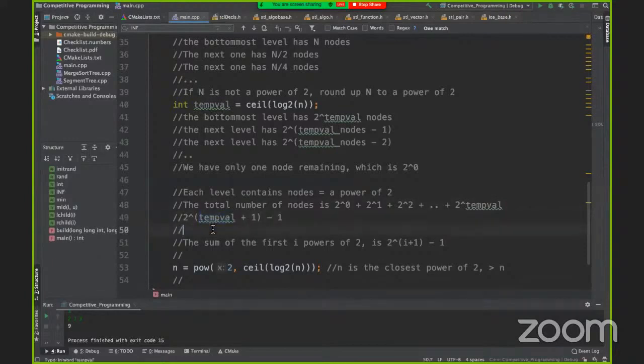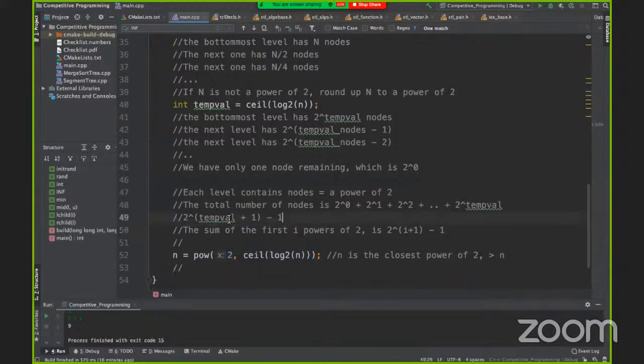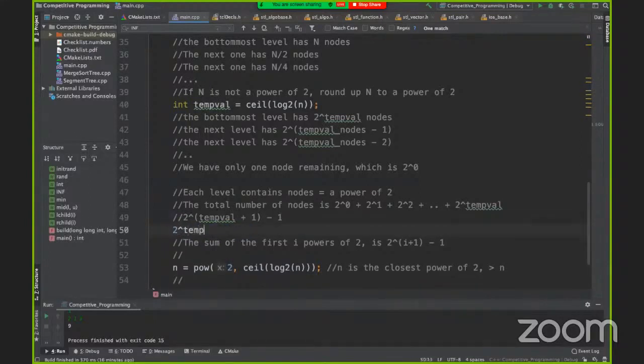So let's look at how big temp val can be compared to n. Sorry, n is always less than 2 to the power temp val. Let me just rewrite this. The total can be written as 2 to the power temp val multiplied by 2 minus 1.